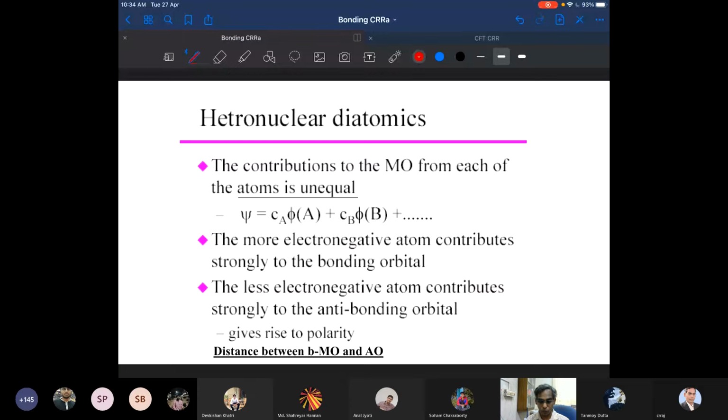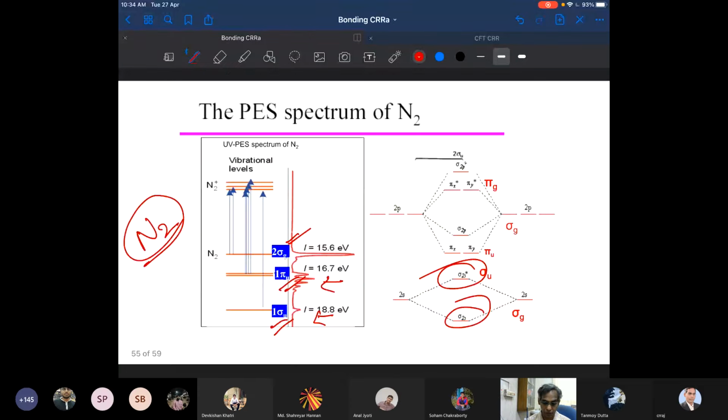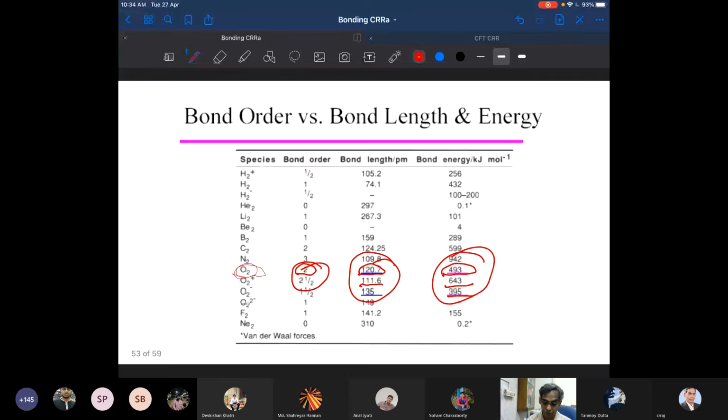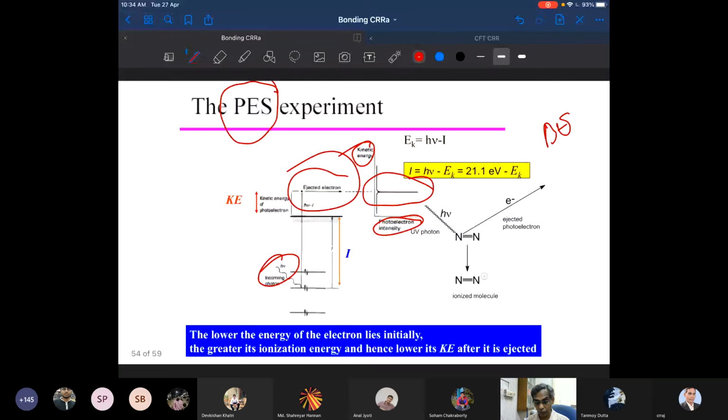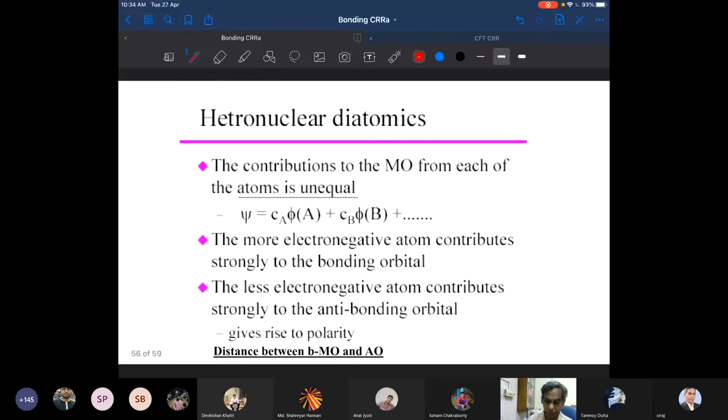Now what we have seen so far is the homonuclear diatomics, that is lithium to nitrogen and oxygen and fluorine. Okay, two different MOs. Your syllabus contains only the homonuclear diatomics of the first four. One example of heteronuclear. In the previous case, what we have seen, both are A, homonuclear diatomic. Now what we are going to see here is, again, there is no quantum mechanical treatment we are going to do.